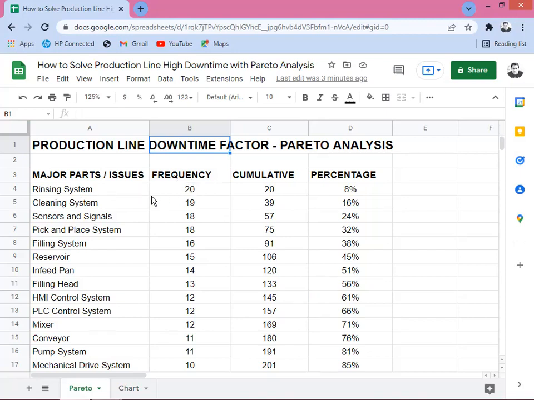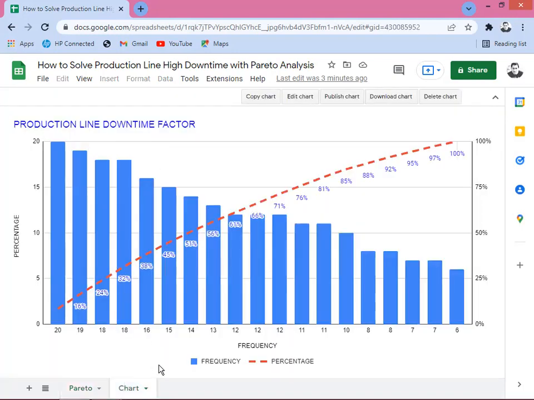Because the problem is these issues keep on recurring, repeating. So you have to find the solution. You have to analyze the root causes of the problem, and then solve the problems, so that by solving the problems you'll be able to raise the utilization factor and decrease the downtime factor. And of course, this will give a positive impact on the bottom line of the business and reduce the cost of goods sold, COGS. Okay, and the margin of profitability will go up, and also you will be able to reduce the